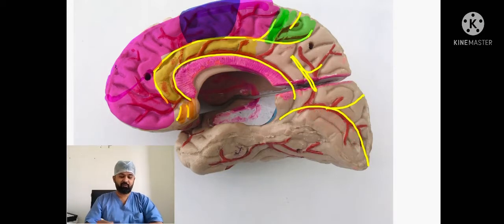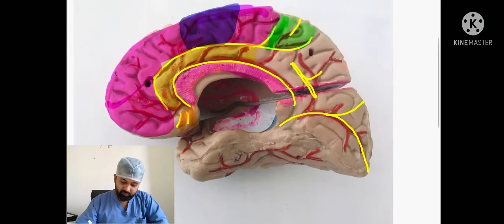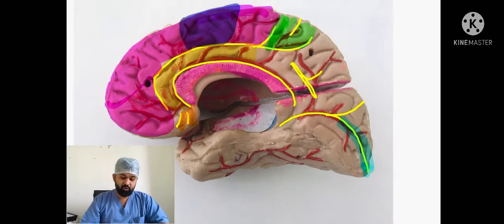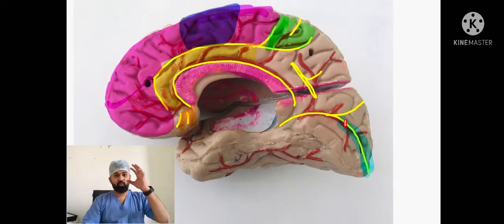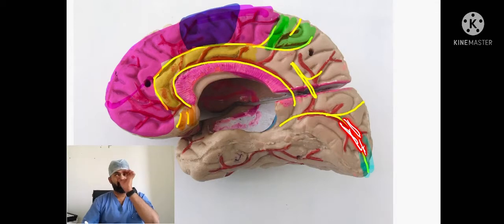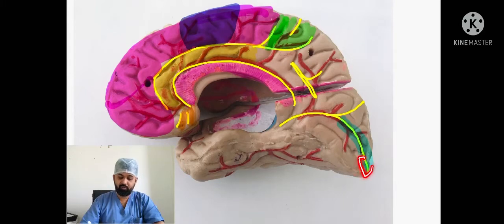Now we know the calcarine sulcus is very important because the gyrus on both sides of the calcarine sulcus is the visual cortex. This is the lower lip, and this is the upper lip of the visual cortex. It's the primary visual cortex, which is the final relay station of your visual stimuli. In the visual cortex, the peripheral vision, not the central part, is located more anteriorly, and the macular vision, that is the keenest, sharpest vision that we can see, is located in the most posterior part of the visual cortex.